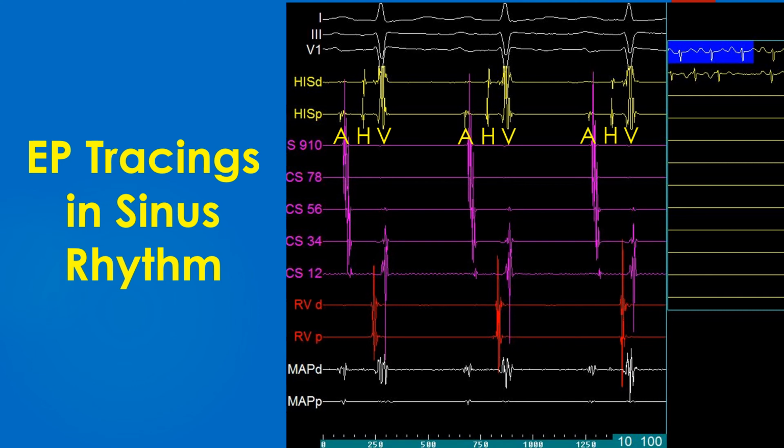Mapping electrode or ablation catheter picks up atrial and ventricular activities and a tiny His potential. The distal mapping electrode MAPD picks up a fractionated atrial electrogram, a tiny His potential and a relatively smaller ventricular electrogram. This type of electrogram is obtained while mapping the potential site for slow pathway ablation, which is between the His bundle catheter and the coronary sinus catheter in the posterior approach for AVNRT and AVRT ablation.